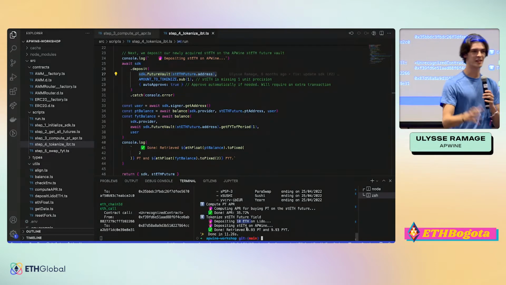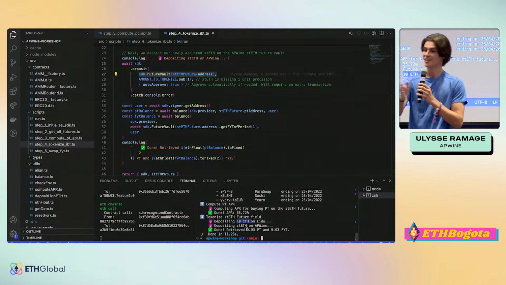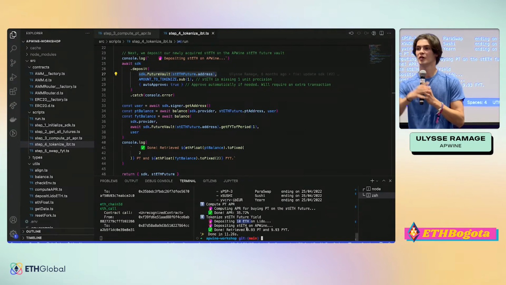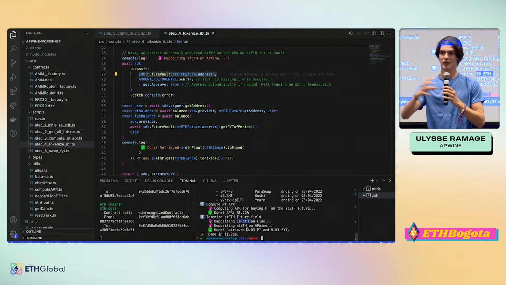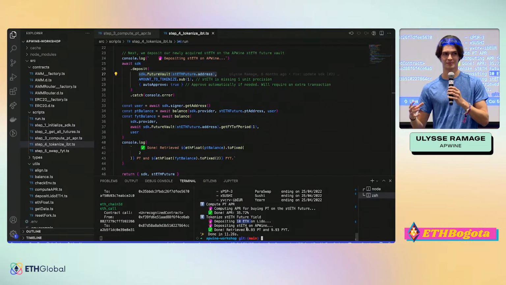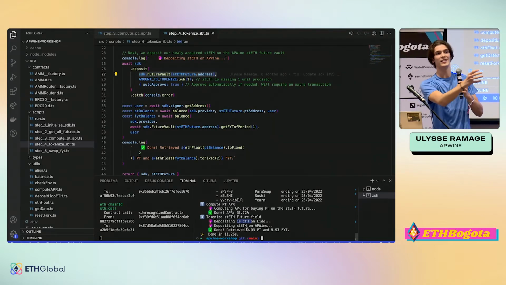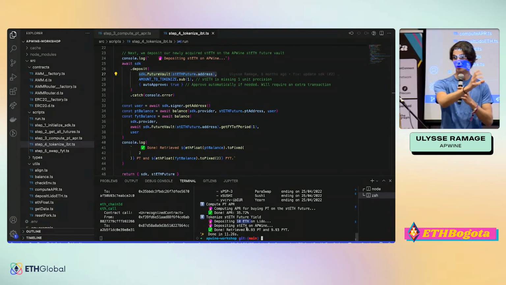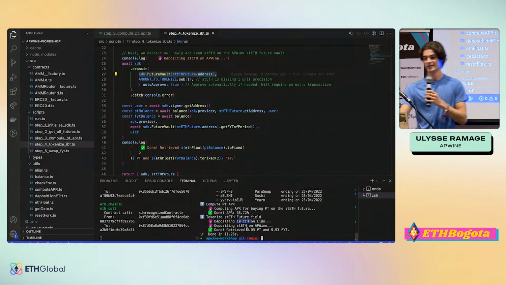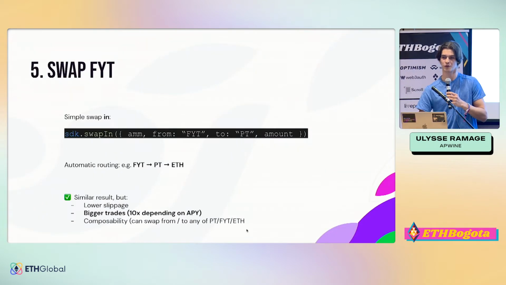The reason for this is that the future already started a few days ago. So it already generated yield, right? So you need to account for this. But if you were to withdraw everything, you would get your exact 10 staked ETH back. This is because one FYT, in this case, already has some value. So if you add the value of your PT and the value of your future yield, it's gonna be exactly 10 staked ETH. Nice.